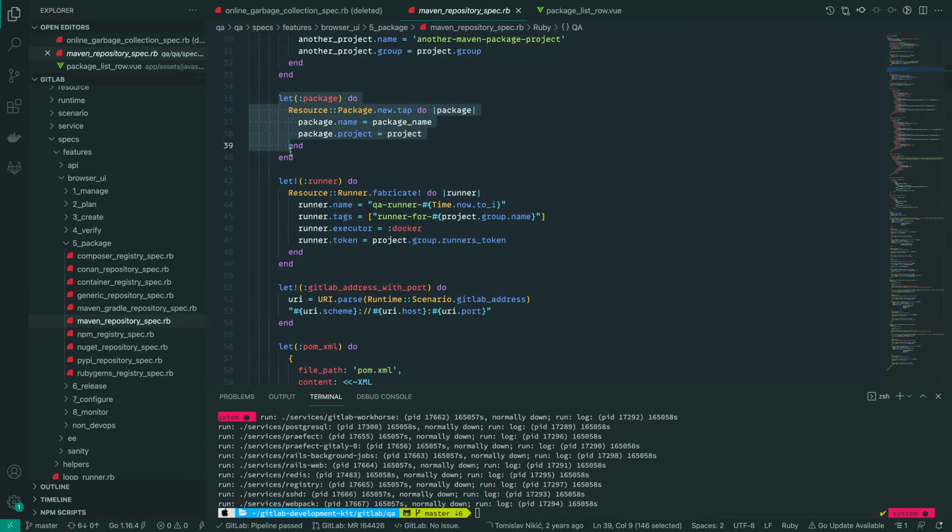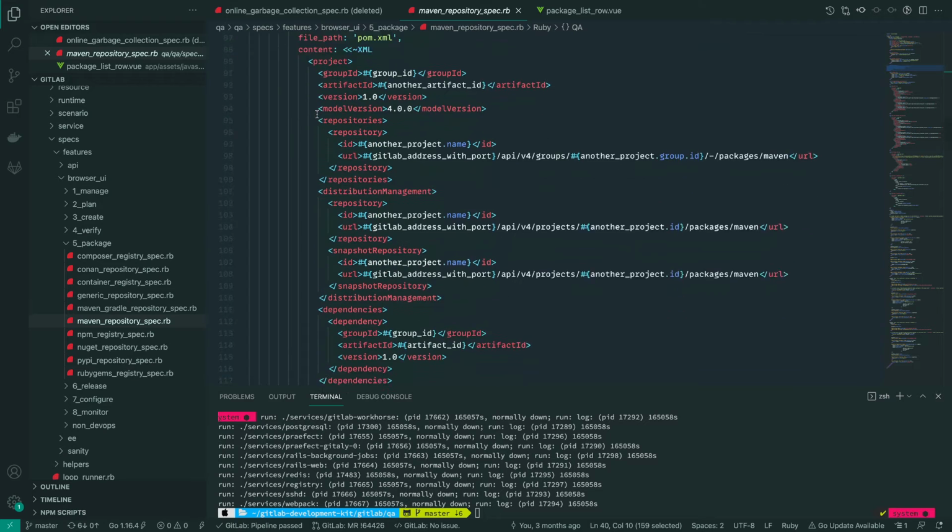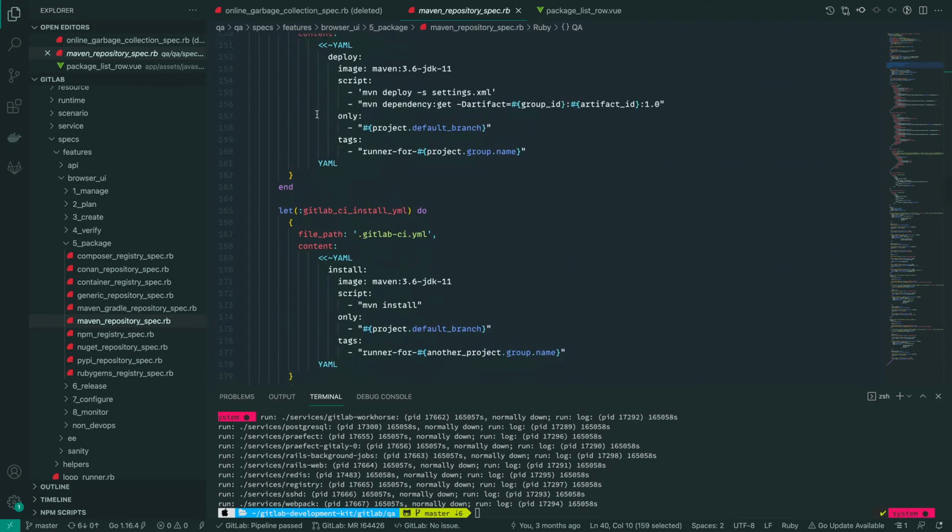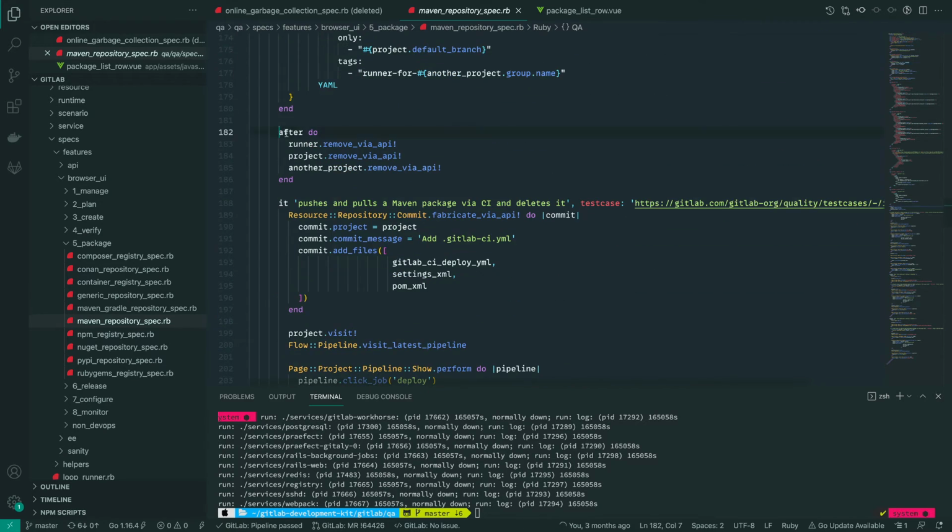We create a package. This is basically to be used as a reference to a package created, so we could delete it after the test run. This is here in the after block. So the after block has the logic